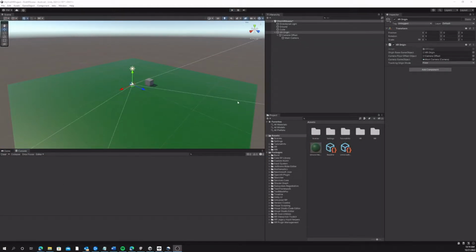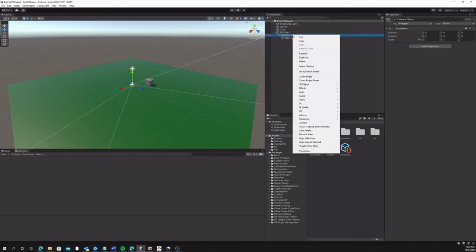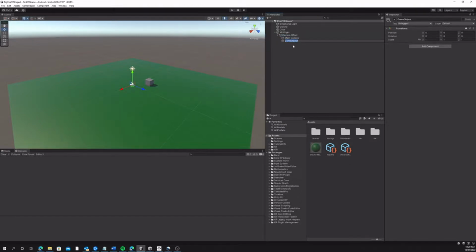Okay, so now that we've got that set up, the next thing that we need to do is to create something for the hand controllers. So we're going to come over to our camera offset, right click on that, and create what's called an empty game object. So we're going to hit create empty, and rename that left hand,